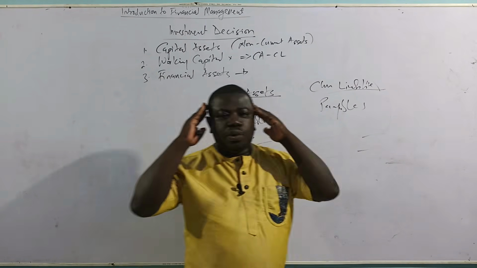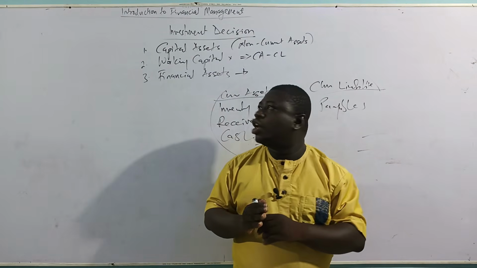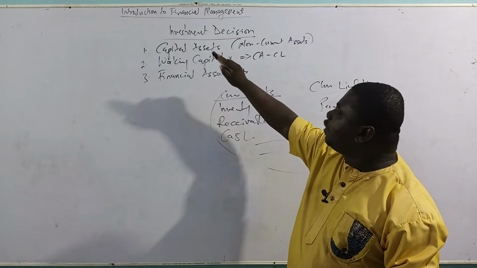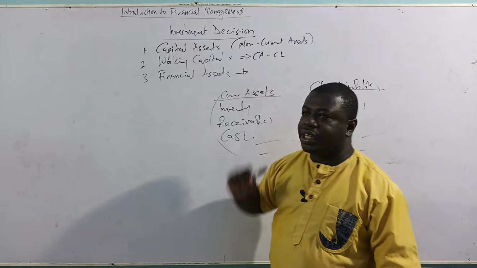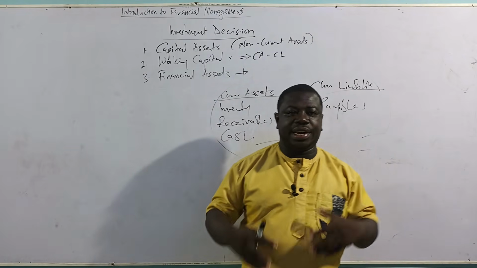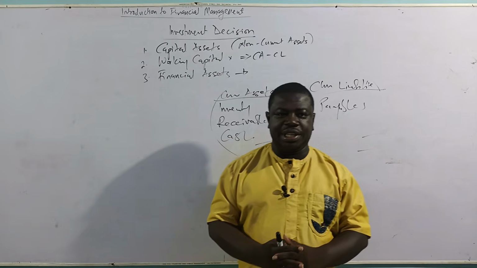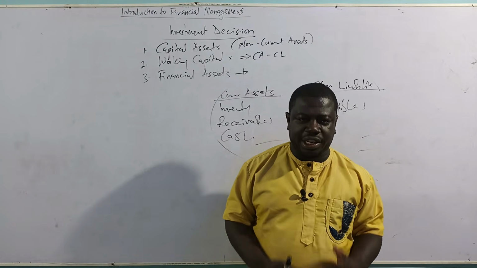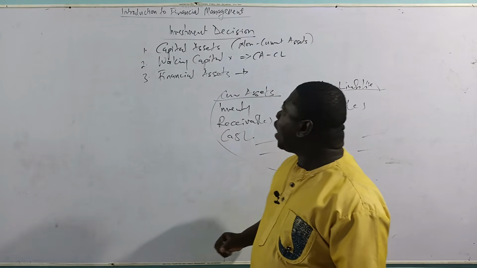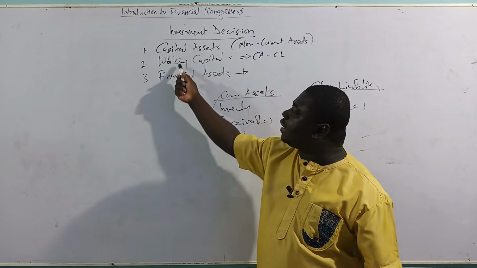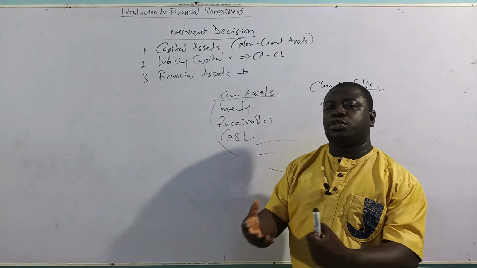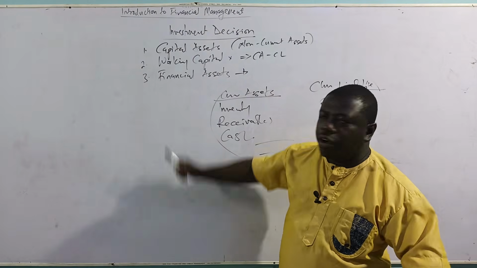So whenever you think about making an investment decision, you are faced with either investing in a capital asset, investing in a financial asset, or just putting it in working capital. These are the three options under investment decision for a financial manager to make. Now, I'm not just ending with this. I'm still on the investment decision. I'm going to take this in turns, and I'm going to look at the factors to consider to invest in any of these three assets.